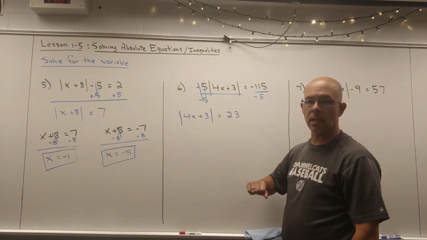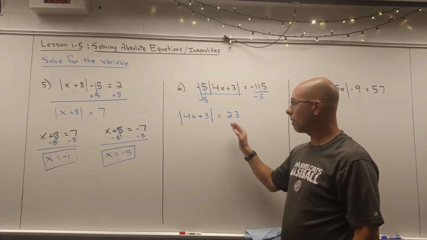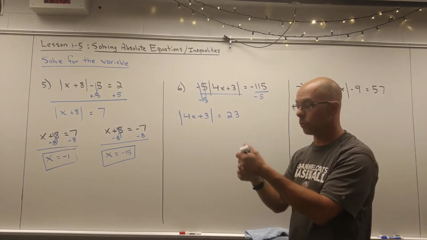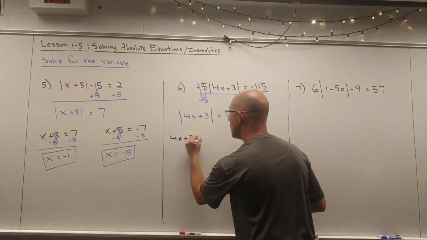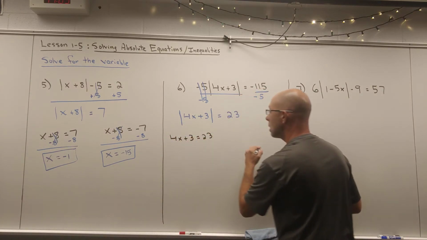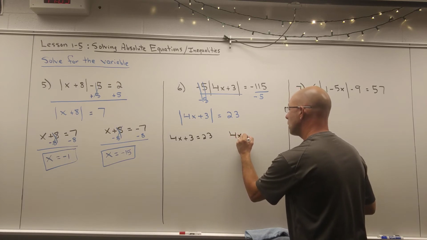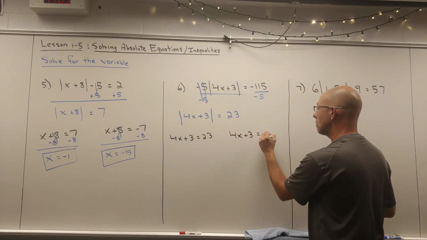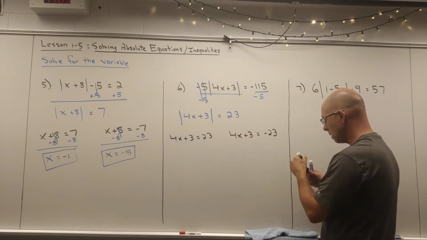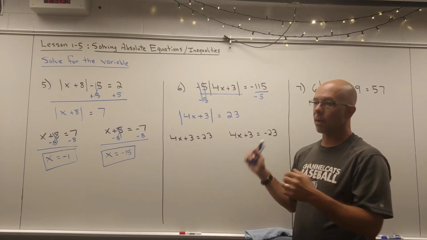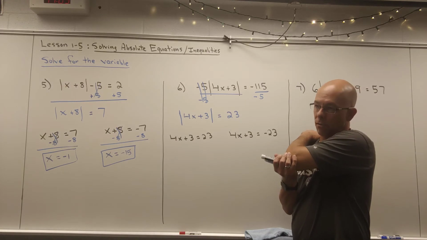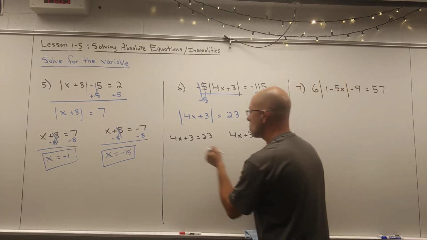Now the only thing sitting here is the absolute value piece, so the number of comparison is 23 versus negative 23. 4x plus 3 equals 23. 4x plus 3 equals negative 23. And we solve those the same way: minus 3, divided by 4, but solve that for both equations. So minus 3